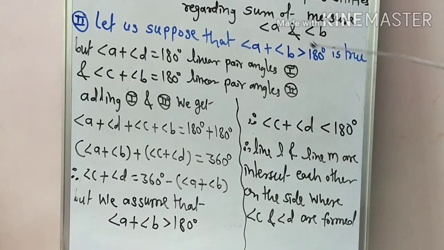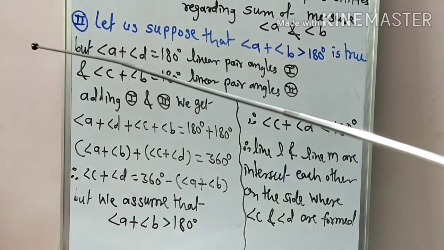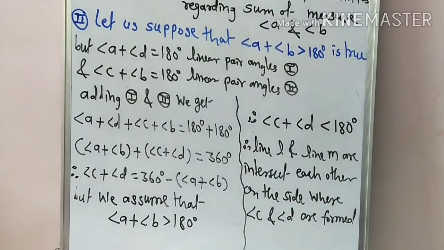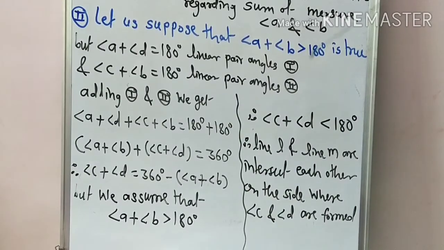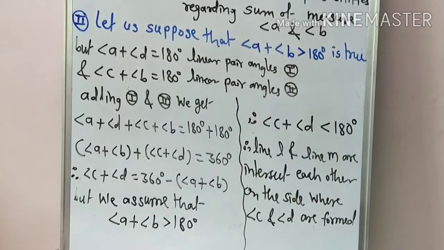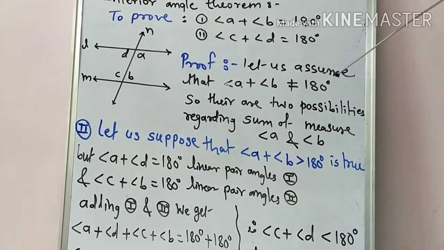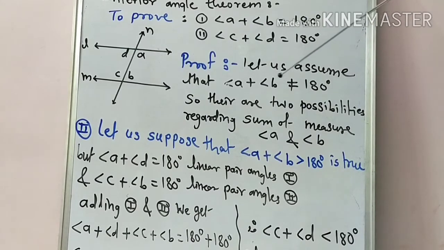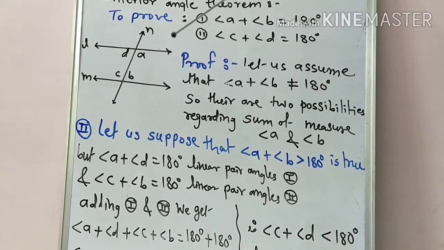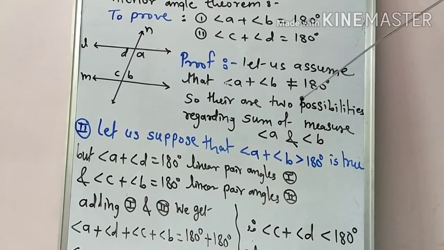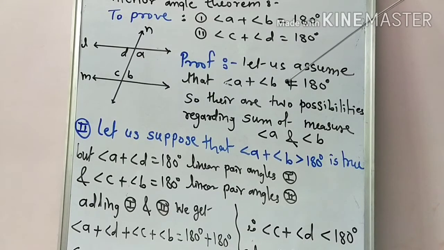Okay, the first possibility being incorrect, it is not true. The second possibility is also incorrect, it is not true, means that the remaining is correct, means angle A plus angle B is equal to what? 180 degrees. So like this we have this interior angle theorem, asked for 3 or 4 marks in the exam. Okay, so by the indirect method you can solve this theorem. From the textbook you can write this theorem in your class workbook. Okay students.